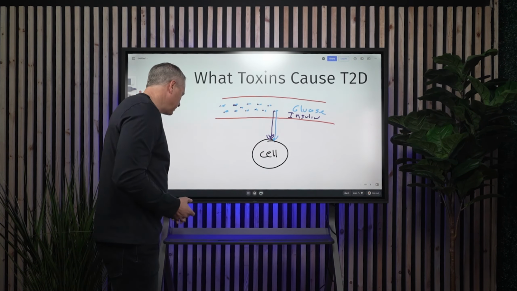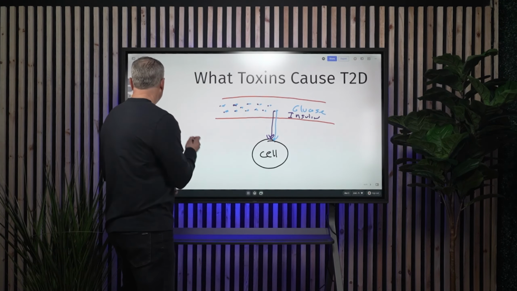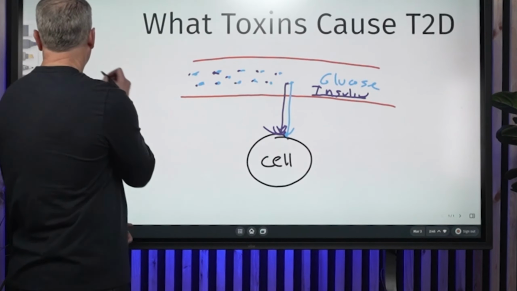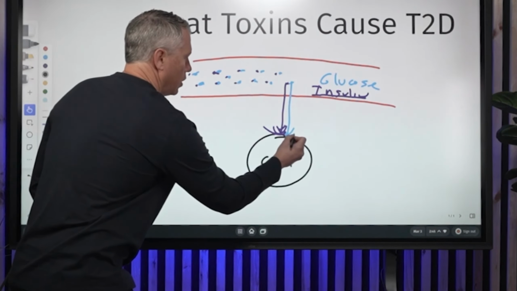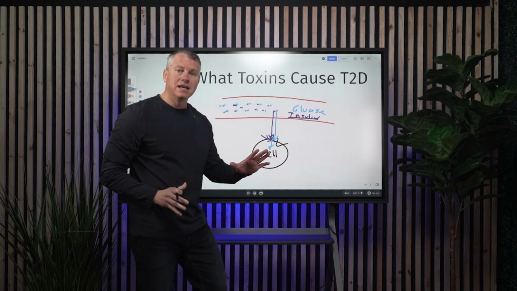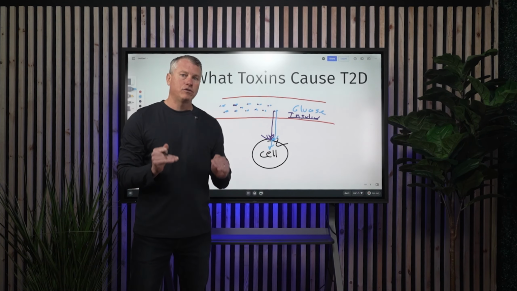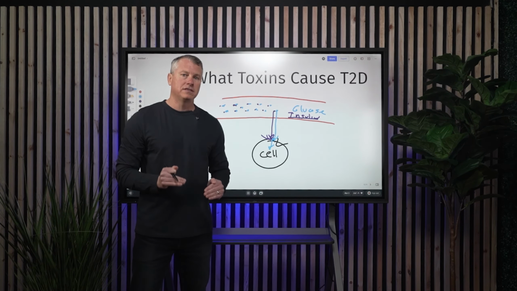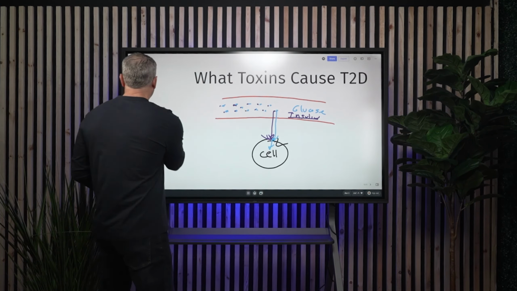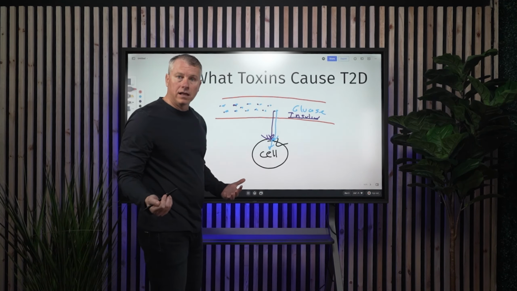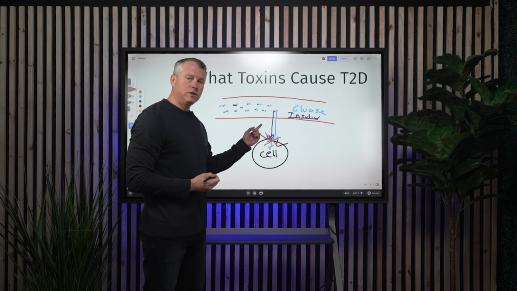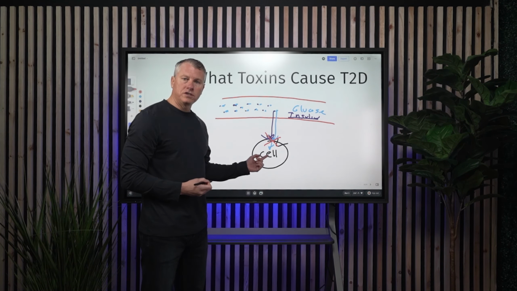And as a reminder, what specifically happens at the cellular area is you have these little receptors that your insulin has to attach to, which then allows a door to open inside the cell and allows the sugar to get into your cells. Remember, if your sugars can't get into your cells, then you can't have normal healthy cells. And if you don't have normal healthy cells, you are not healthy. So what specifically happens in this area is we get damage or a problem develops, i.e. things like toxins. And they essentially block the ability for the insulin to get into the receptor and the ability for sugars to get into your cells.